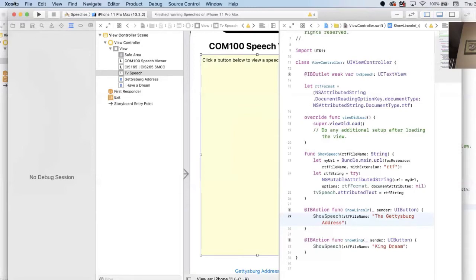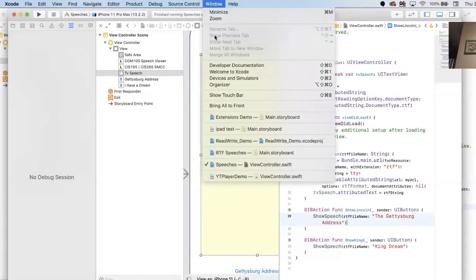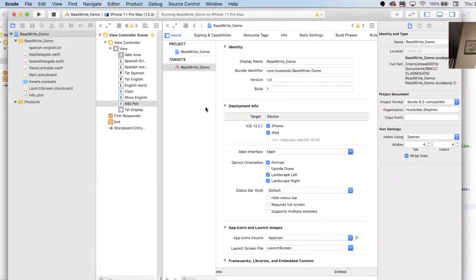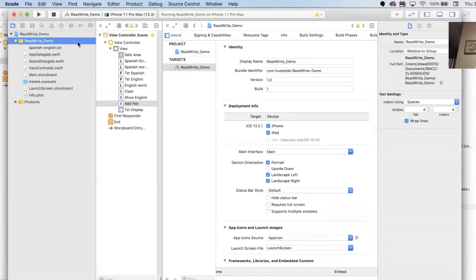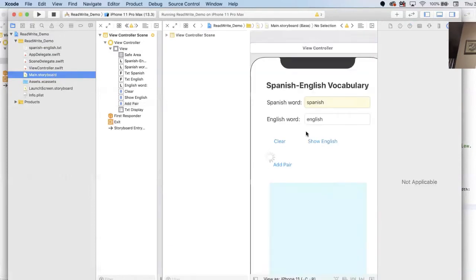All right, so we're going to create another, actually, I'm not going to even create the project. I'm going to show you what I did and walk you through it. So I have a project out here called Read Write Demo. Bring up the storyboard. So for the storyboard,